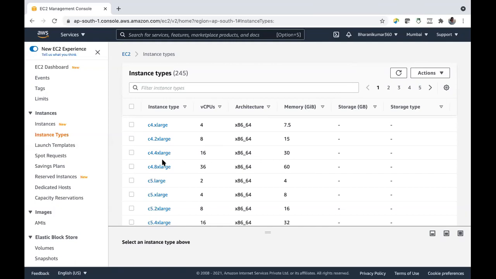So these memory instance families are especially used for big databases. If you want a backend server with a database, and you know that your database is huge, then the best option is to go to a storage optimized instance. And we also have memory optimized instances. As I said, memory optimized means you will get more memory.